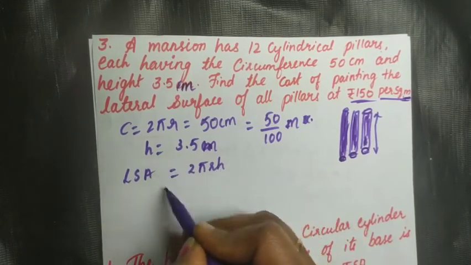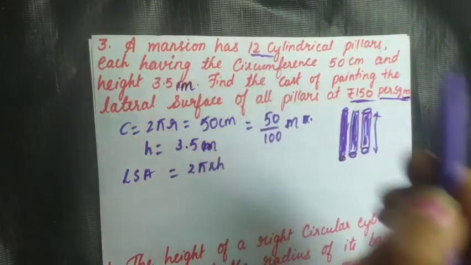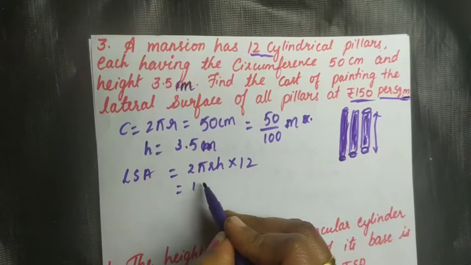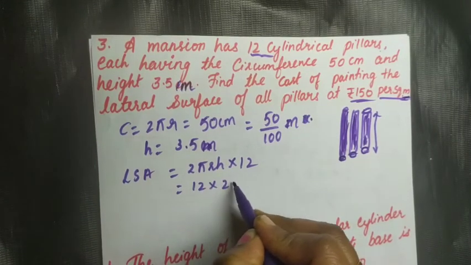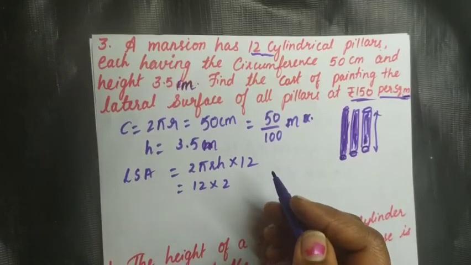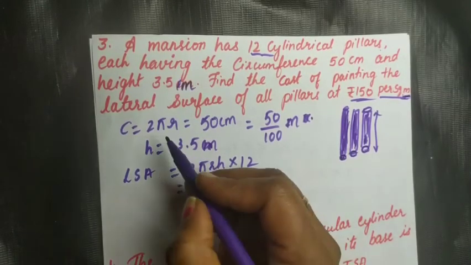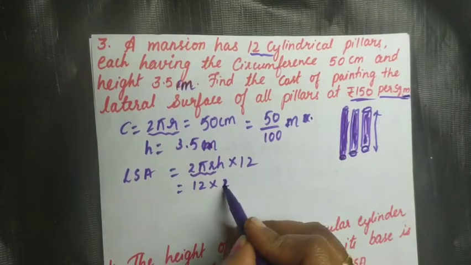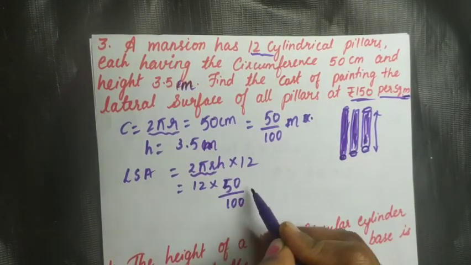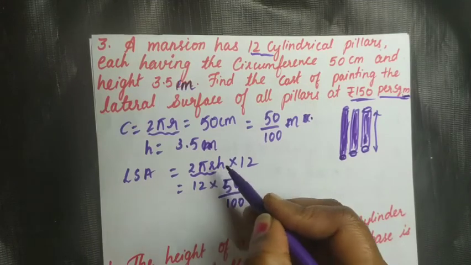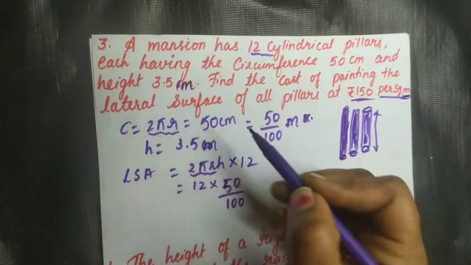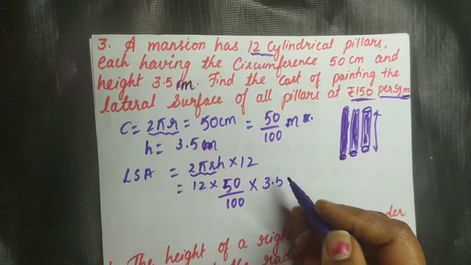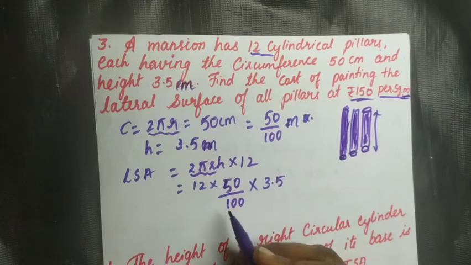So this is for one cylinder, and we have got 12 cylinders here. Yes, no? So multiply by 12. You need not write 2 pi r separately, 2 pi r is given already. So 2 pi r is nothing but 50 divided by 100. So easy it is. Instead of calculating for r and all, it's difficult, so it is given directly as 2 pi r. Into h is given, it is 3.5. Okay. Now just after simplification, we get it is 21.